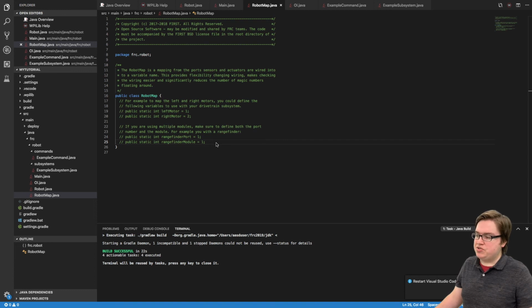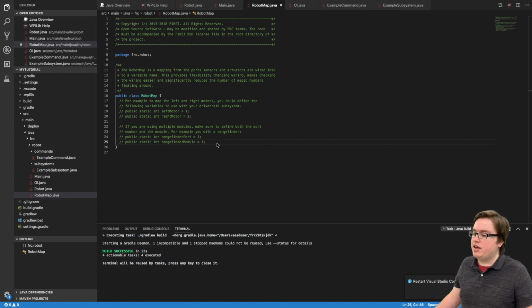If you ever need to change how that hardware association works, because, for instance, maybe your hardware or electrical team on your FIRST team wants to change something, then if anything changes, you don't want to have to find all the different places in your code where that information is stored or used. So generally what teams do is they have all that information in one place, and if it ever changes, you just need to change it in one place, and that change takes effect throughout your entire code base. It makes your code much more maintainable and easier to change,